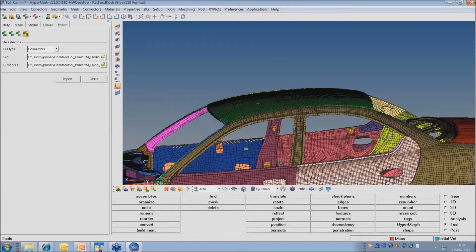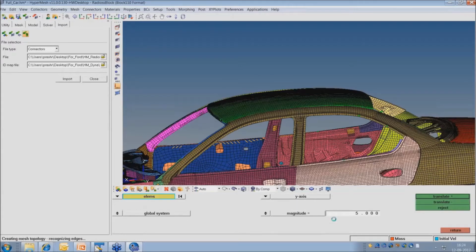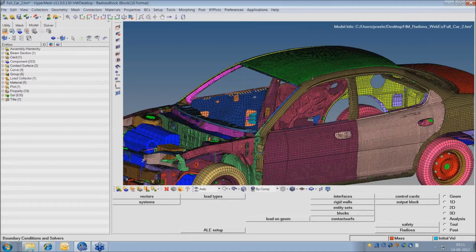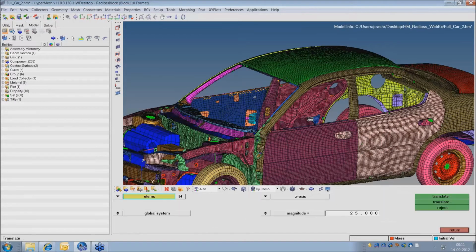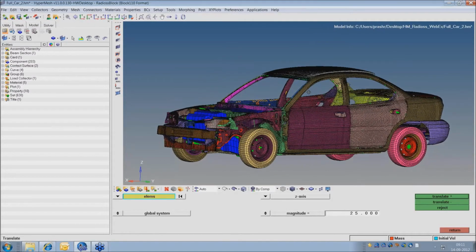For that, I'll just copy these elements by face, element, duplicate, original component, maybe in the direction of Z. I'll move it a little away so that you can see it properly, but normally. Okay, I was trying to create the roof hat. Here I'm moving by a much larger distance.